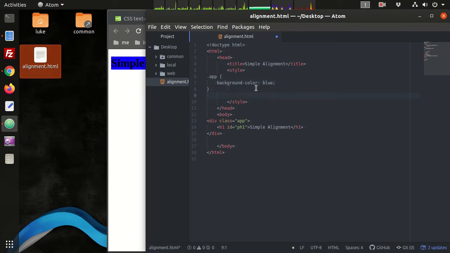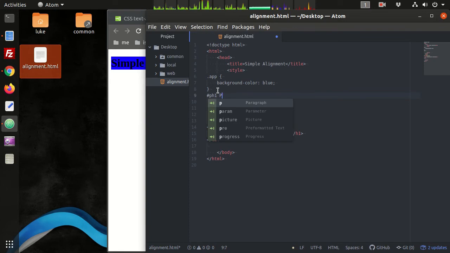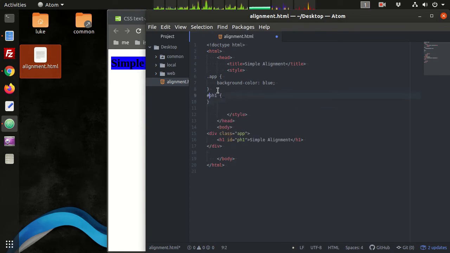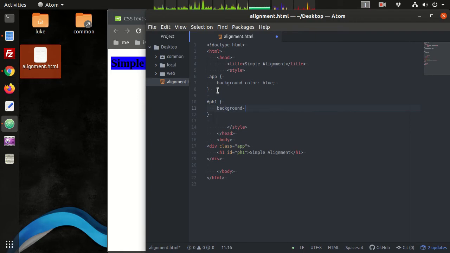So if we go back and change the color of the H1 element, so this is the ID is ph1, so I can use the CSS selector hash, which means ID, and I can look for the HTML element with ID ph1. And then I can say background color red.